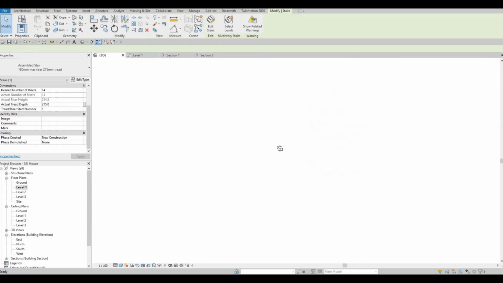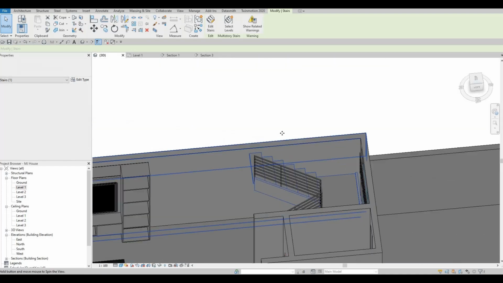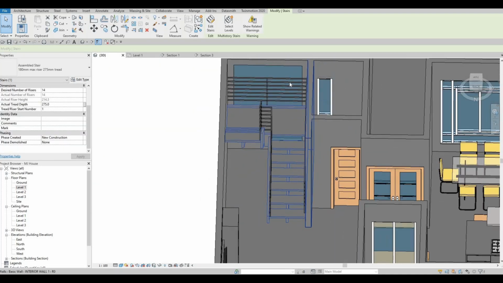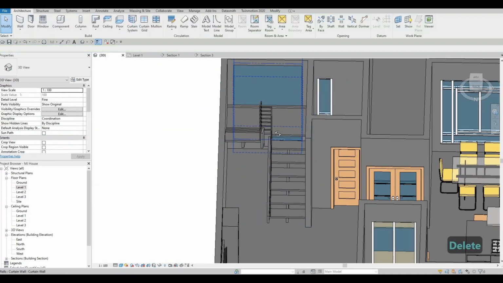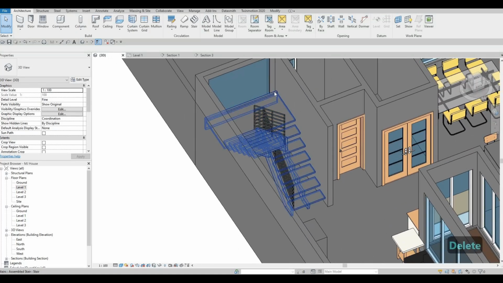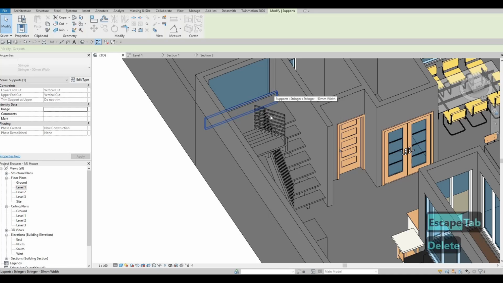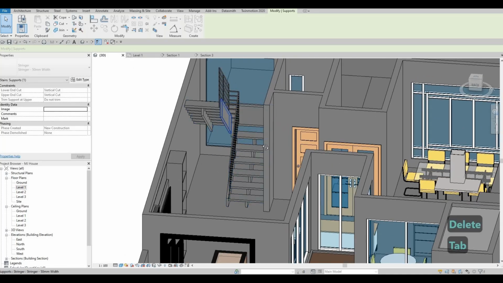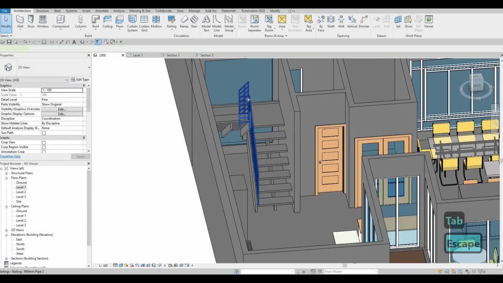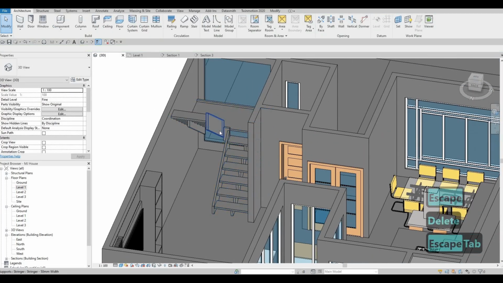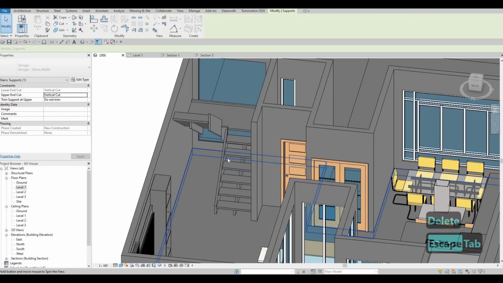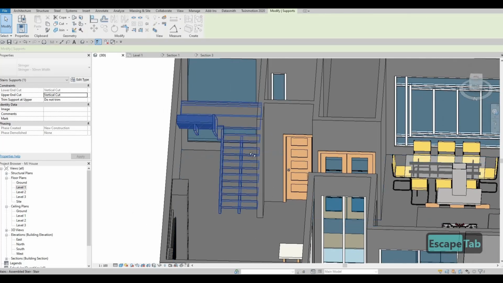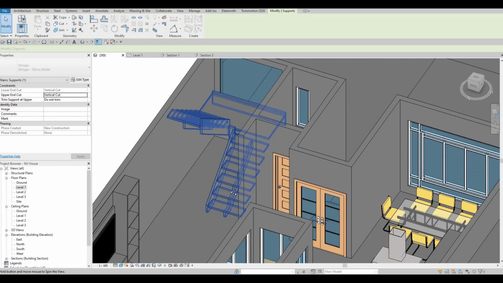And then let's look at it in 3D to make it more. So let's delete this railing right there. We don't need that. We don't need a stringer at the back. So now it's looking modern right now. We don't need this because we're going to use this stringer right here to be our